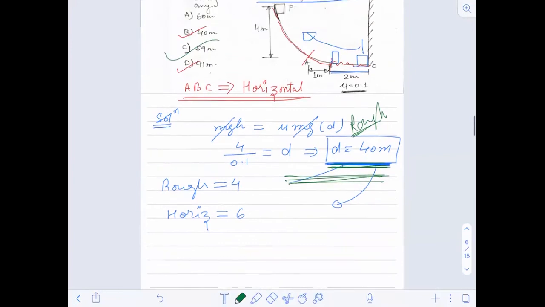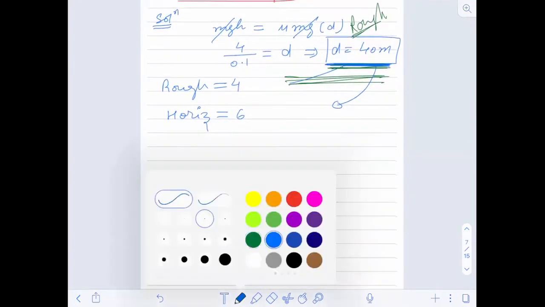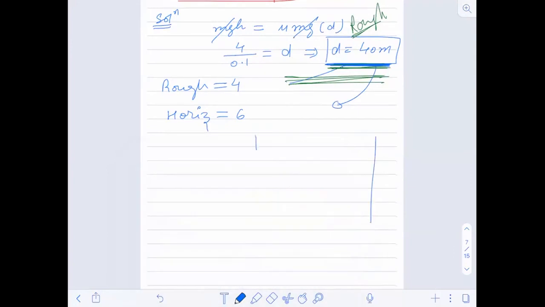Okay, now see here. This was the case with us. This is A, this is B, and this is C. So this is 2 meters given to me, and this is 1 meter given to me. Now, you tell me how much it has to travel. See, it is moving from here like this, and again it is moving like this. Okay. So how much distance has it moved totally?